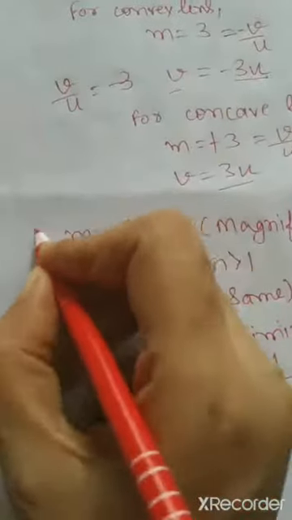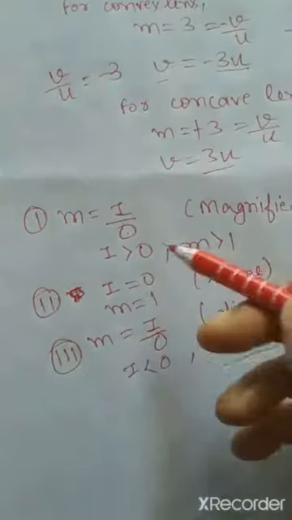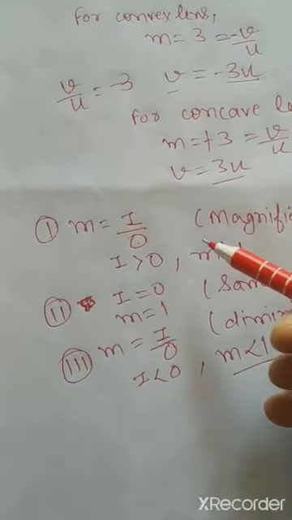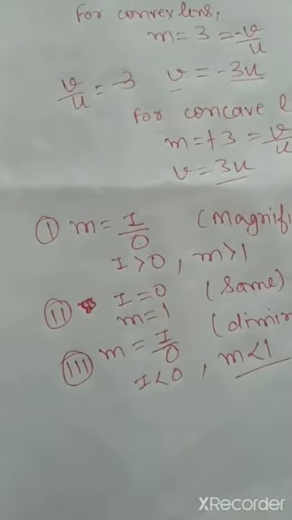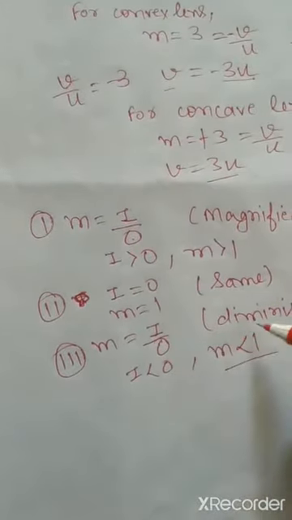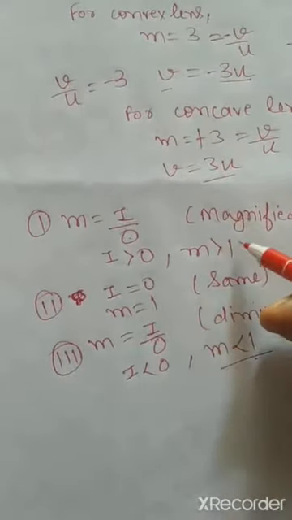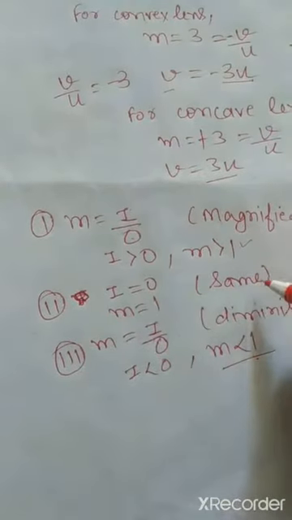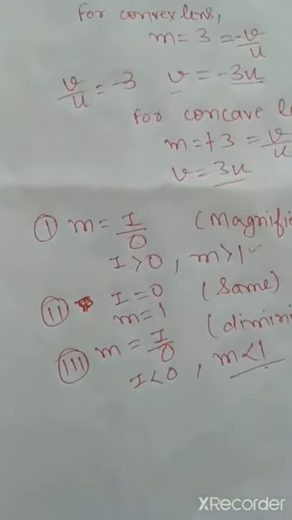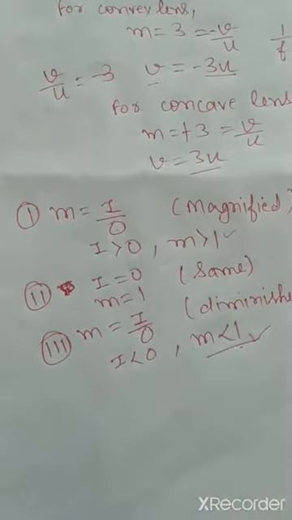So these are the three cases, and all three cases we get in the case of a convex lens. We get the same size when the object is at 2f1 and the image is formed at 2f2. We will also get the magnified image, and it will form the diminished image also. When it forms a diminished image, magnification will be less than 1. When a convex lens forms a magnified image, m is greater than 1, and when it forms the same size image, m will be equal to 1. But for a concave lens there is only one case, it always forms a diminished image. That means for a concave lens m is always less than 1.